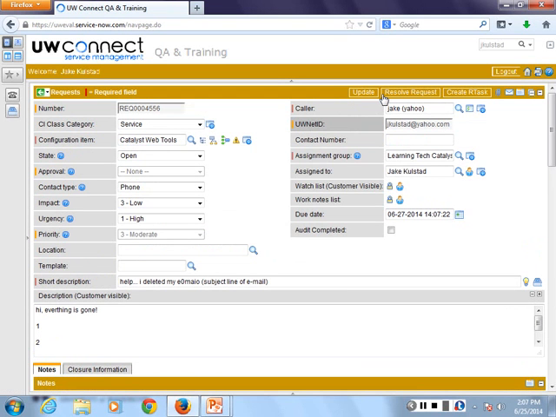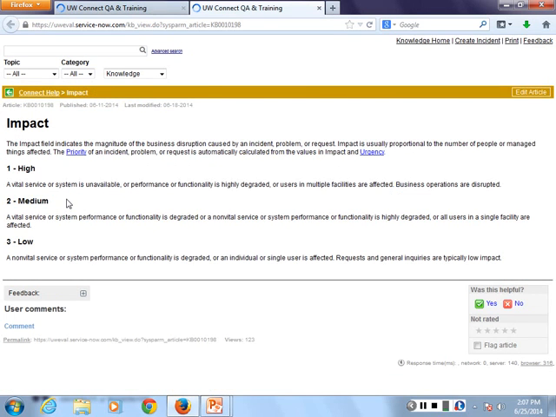Can I ask you to emphasize where the definitions exist of impact and urgency? Yep, I'll do that. Mary mentioned that I kind of glossed over impact and urgency. I'm that kind of person. If you want to know the actual definitions, at any time you can click on any of these question marks to go in and see what the official definition is as opposed to my informal definition.